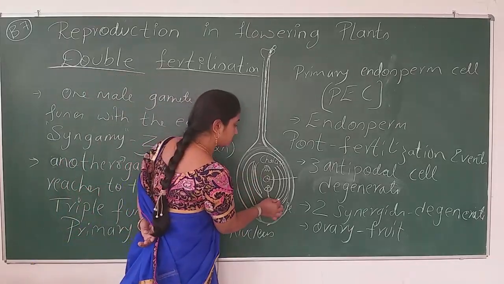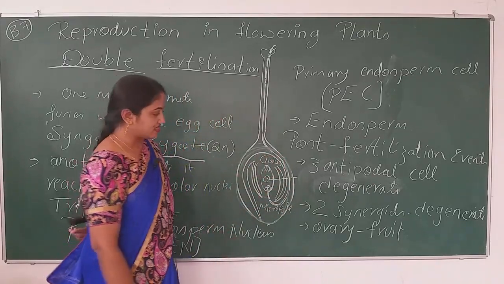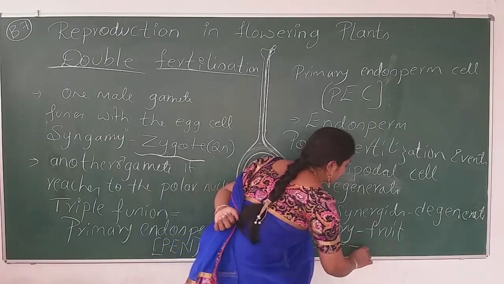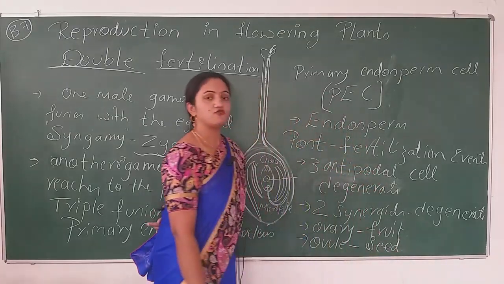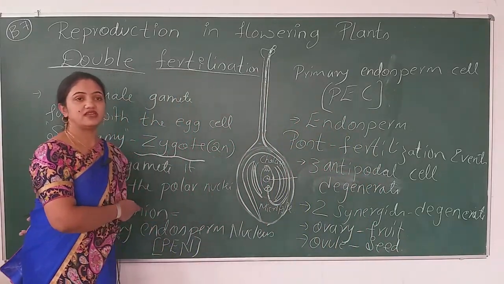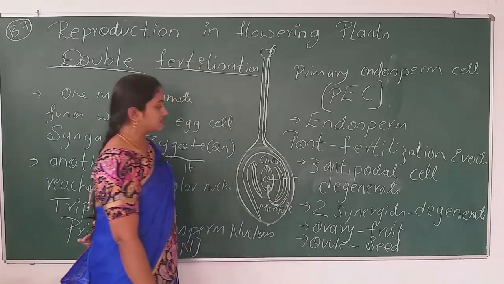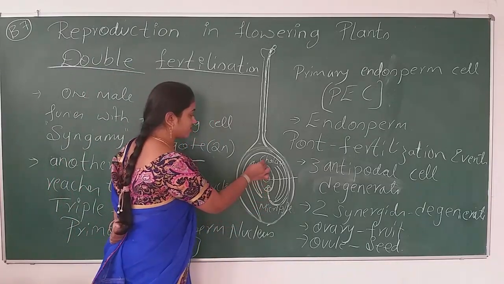And now, this is the ovule here. Here we are having the ovule. Right, that ovule develops into seed. Why does it become seed now? Because the fertilization is done now. So that's why the ovule develops into seed. Here one more thing is there. What is this?